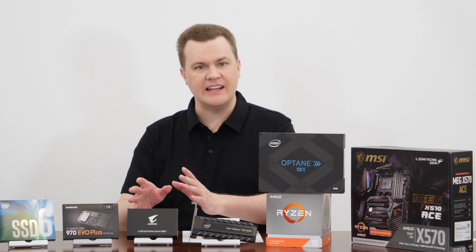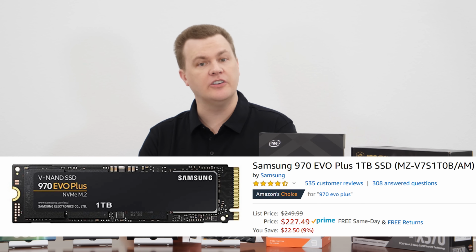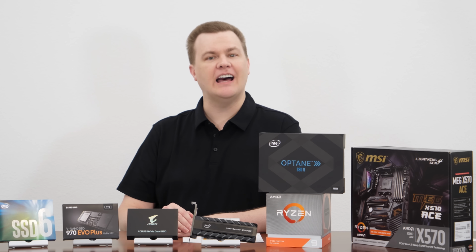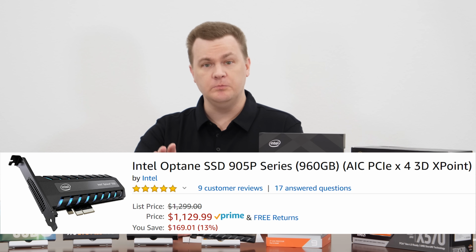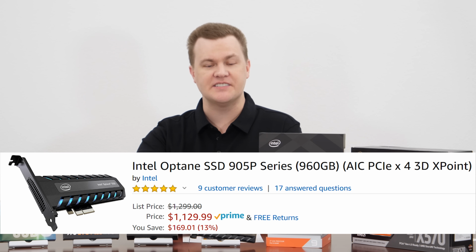Let's come back around to price. The Samsung 970 EVO Plus 1TB drive is currently $230. The almost 1TB Intel 905p Optane drive is almost $1,200. Now, go ahead, pick yourself up back out of your chair. You don't have to fall on the floor. Yes, it's